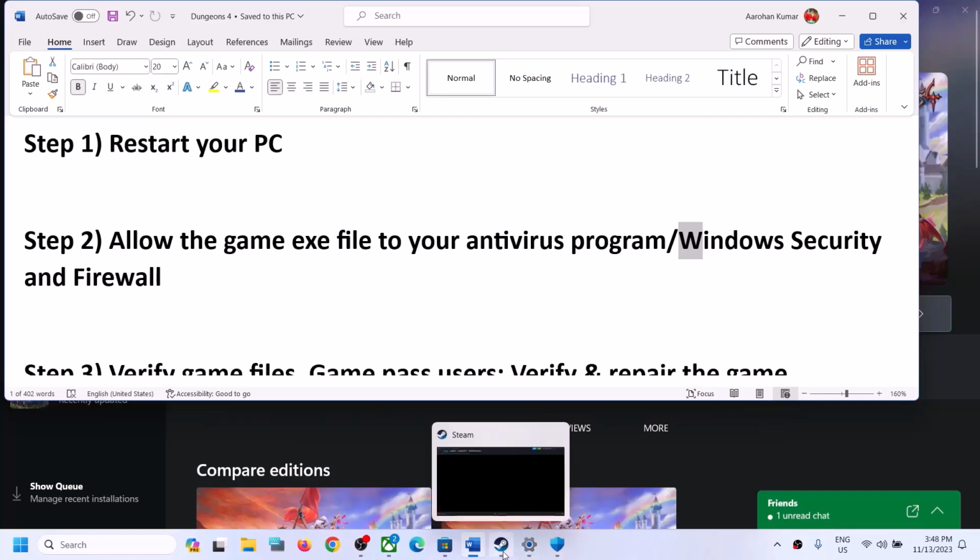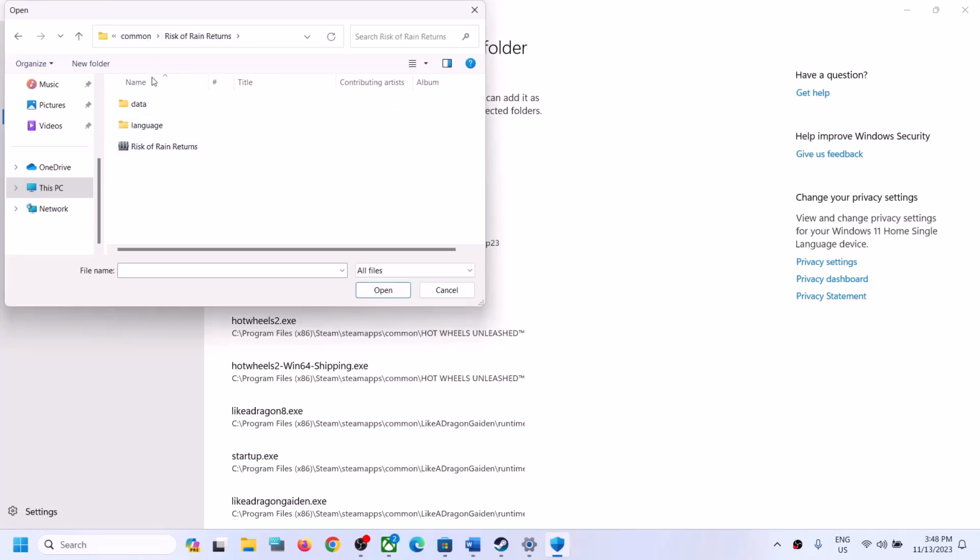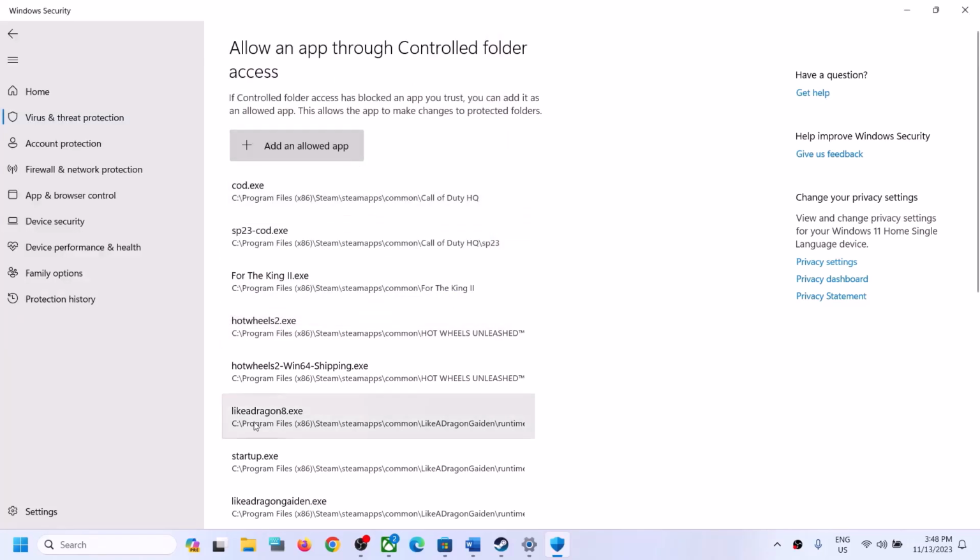So once you go to the game installation folder, you can open the game folder, select the game exe file. This is just an example. I'm showing you a different game. So once you open the Dungeons 4 folder, select the game exe file, and once it is added over here,